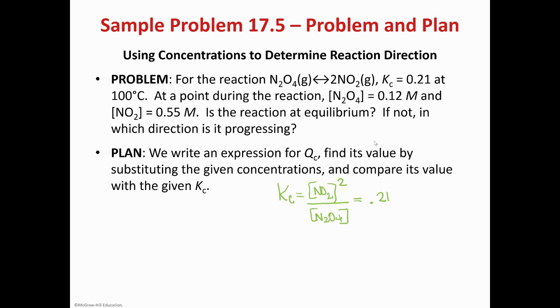Okay, so the way we want to do this is to rely on Q. And essentially, we have this snapshot of what's going on in the reaction. We're just going to plug in. And let's see where we're at, because if Q equals K, then we know we're at equilibrium. But if we're not, then where are we in the reaction process? Okay, so I'm going to take that squared and I'm going to divide by 0.55 and I get